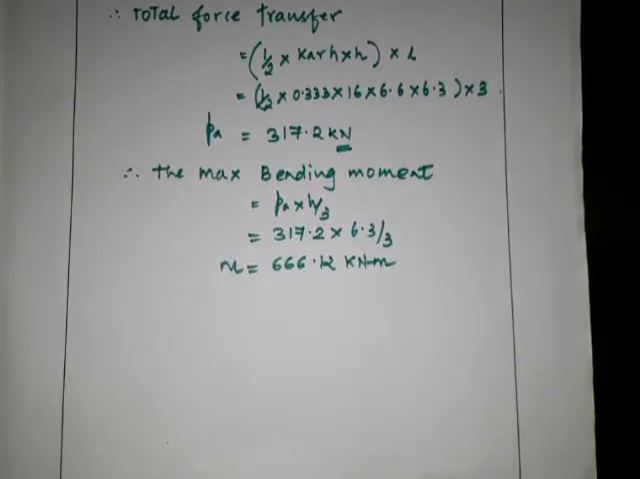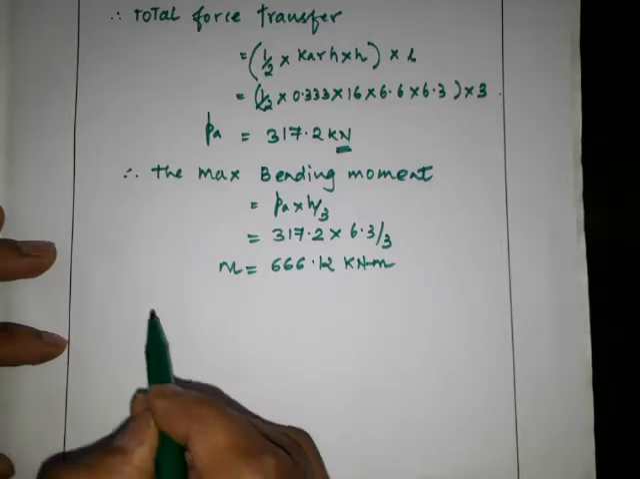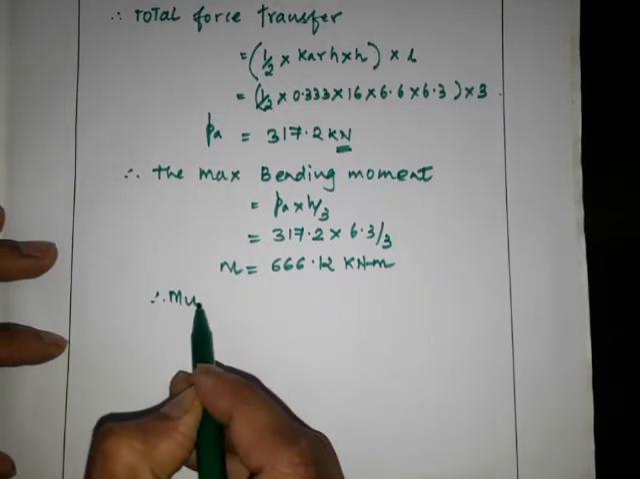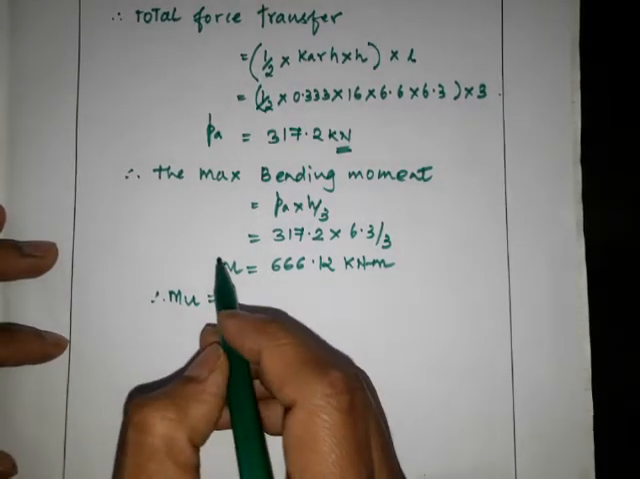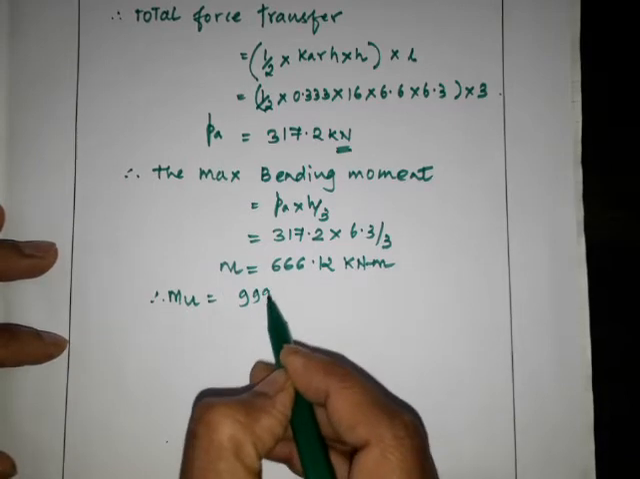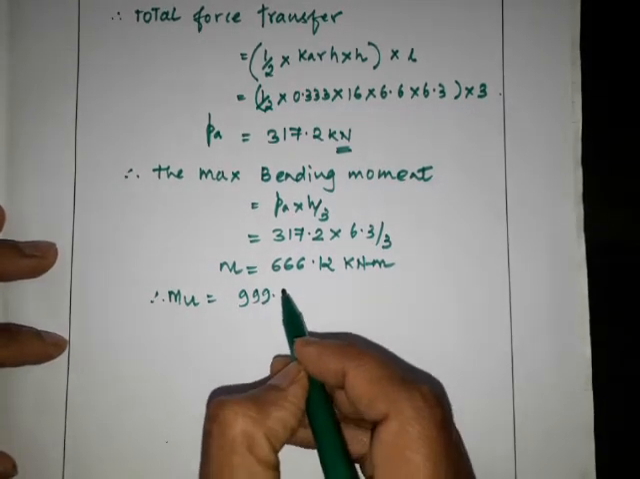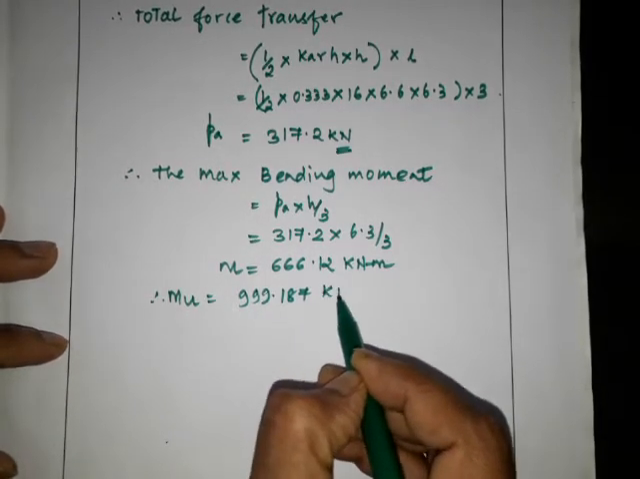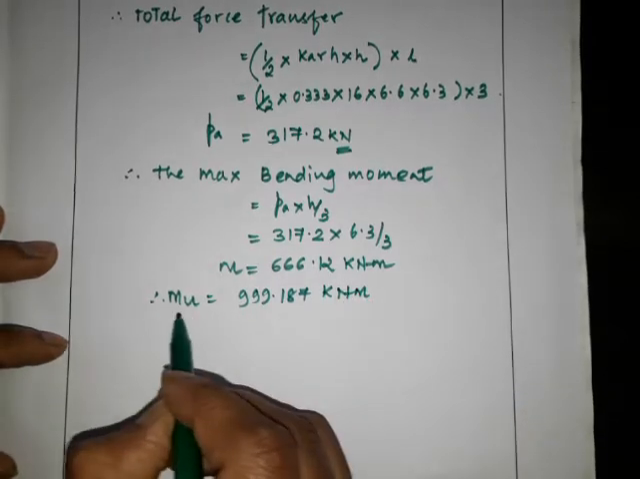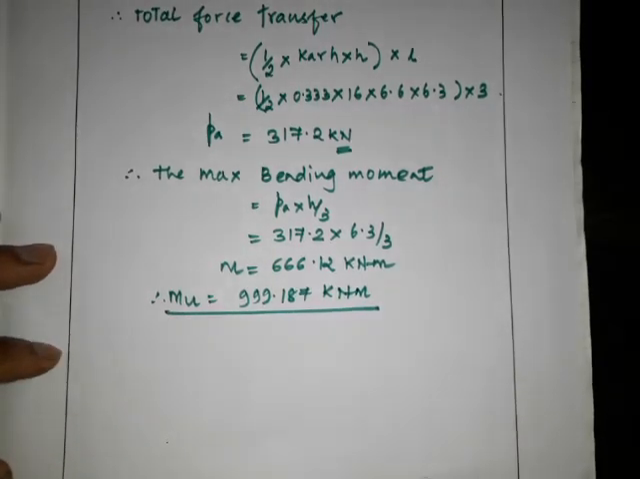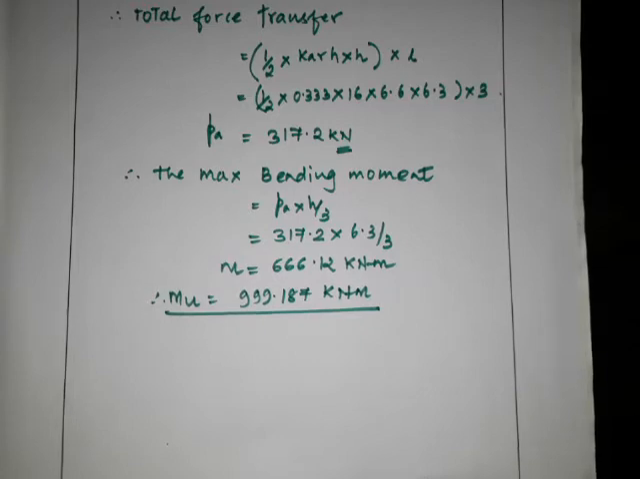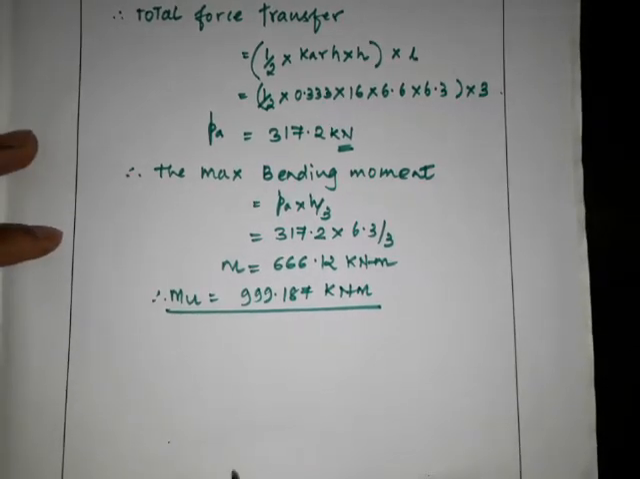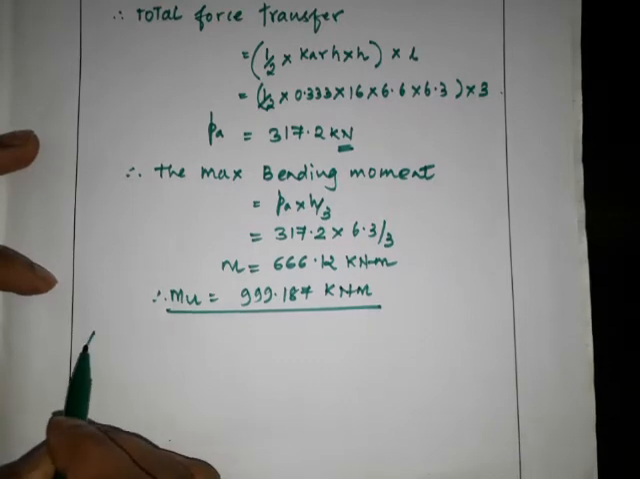So therefore MU is equal to 1.5 times this. So we get this as 999.187 kilonewton meter. So this is the moment acting over the counterfort. Correct? Now after getting the moment, again you have to go for AST